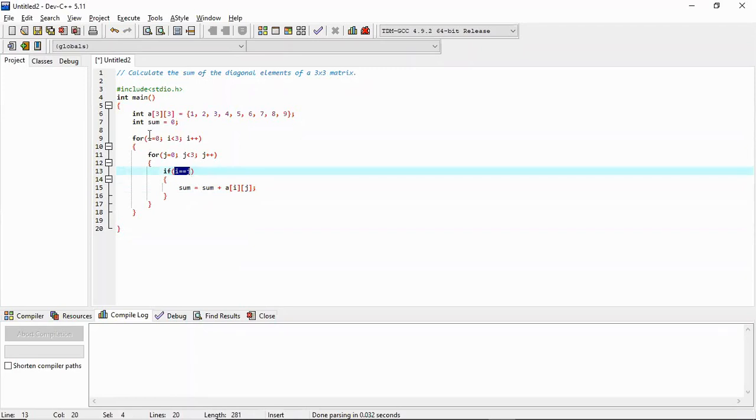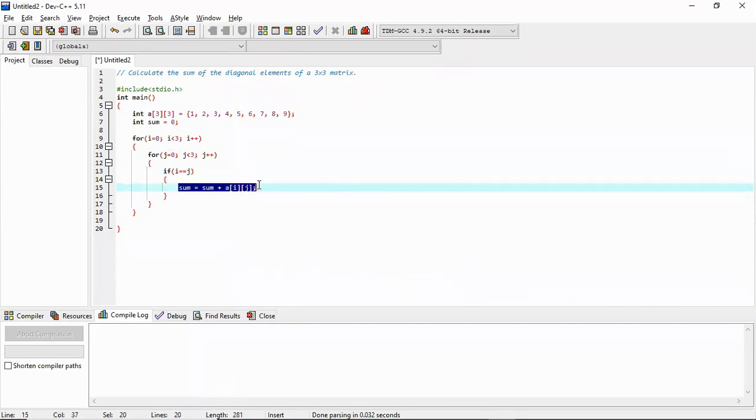So when will they be equal? At 0 0, at 1 1, and at 2 2. So this statement will execute only 3 times. It will execute at 0 0, at 1 1, and at 2 2, which obviously means only the diagonal elements will be added.